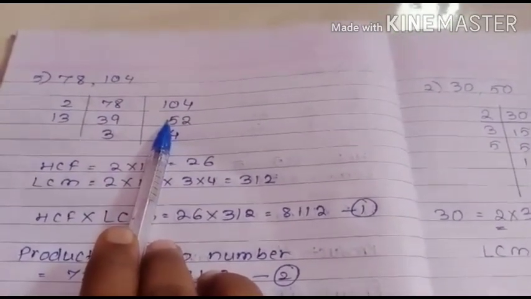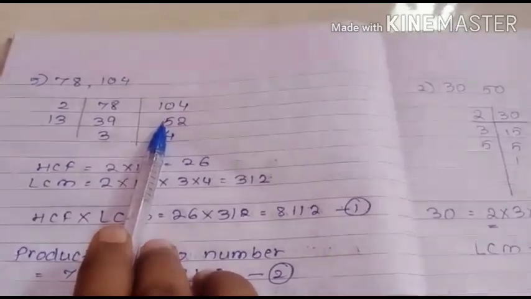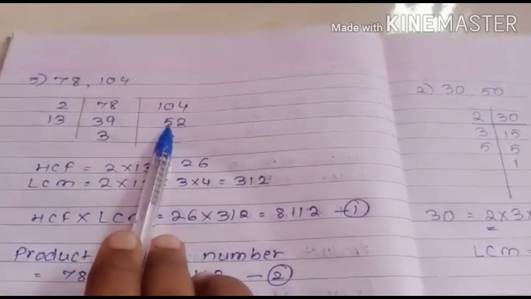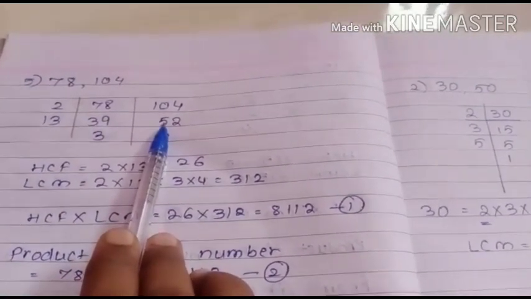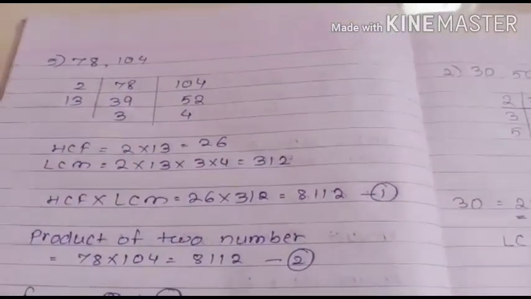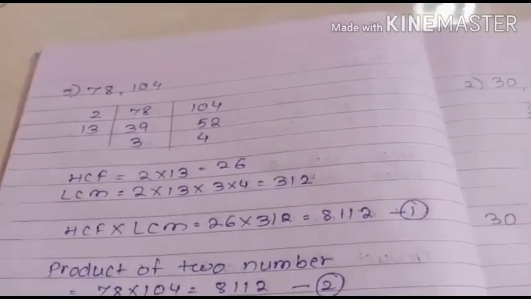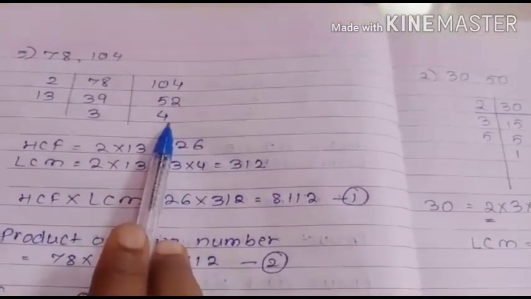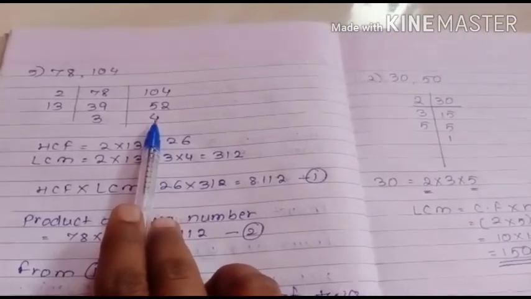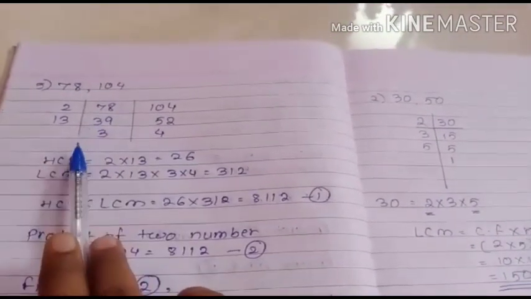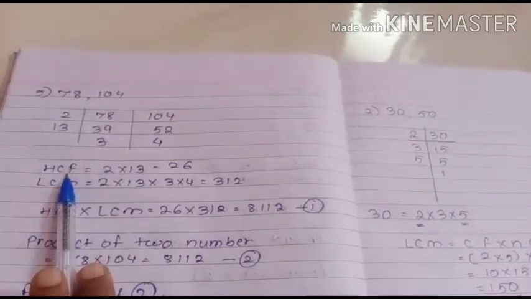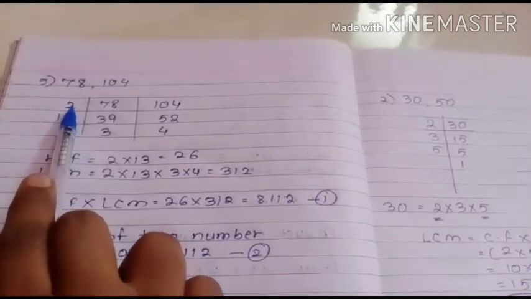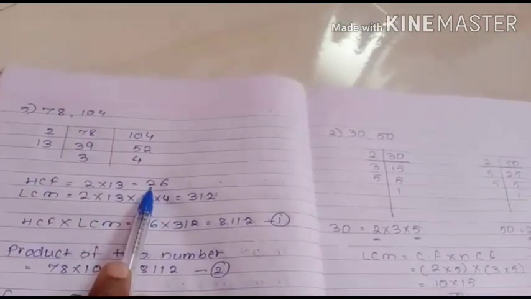Why? Because we want to find out SCF also. So for SCF we have to see that both numbers should be divisible by one prime number. Now both are divisible by 13. So what answer came? 13 3s are 39, 13 4s are 52. Here I got 4, but I cannot move further. Why? Because we want to find out SCF. So what will my SCF be? These common factors only. Which are the common factors? 2 multiplied by 13. So my answer will be 26.